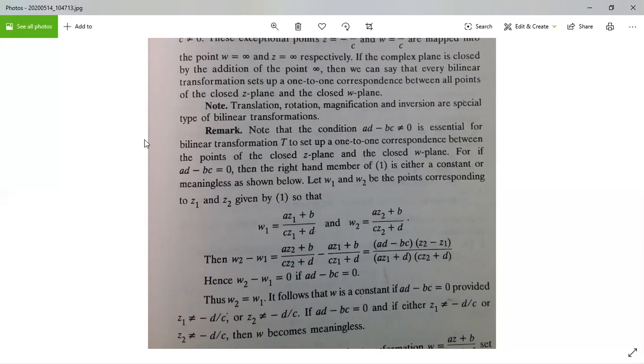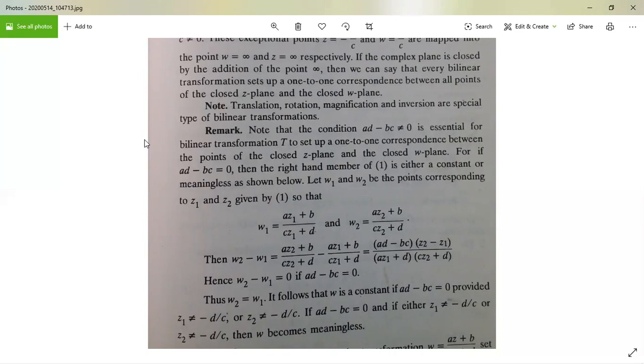Therefore, we can find omega 2 minus omega 1 equals az2 plus b by cz2 plus d minus az1 plus b by cz1 plus d. After simple calculation, we get AD minus BC into z2 minus z1 by cz1 plus d into cz2 plus d. Here, omega 2 minus omega 1 equals 0 if AD minus BC equals 0, thus omega 1 equals omega 2. It follows that omega is a constant if AD minus BC equals 0,